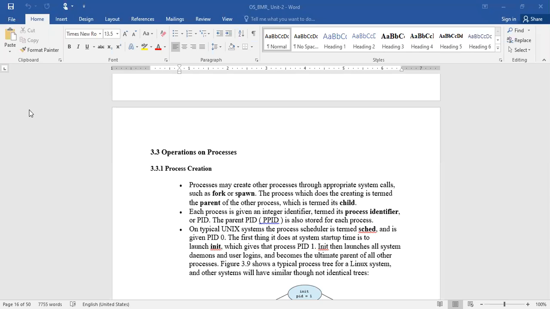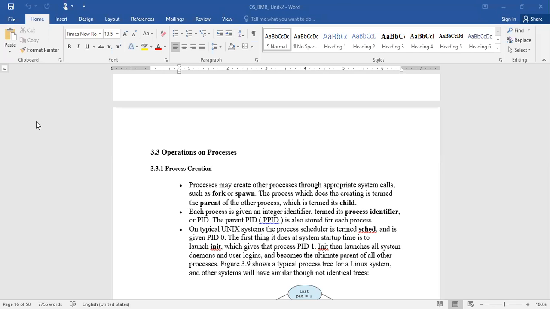So here, the process which is going to create another process is termed the parent process, and the newly created process is called the child process. Okay, so the point you are supposed to remember is both the parent and child process will have separate process IDs.